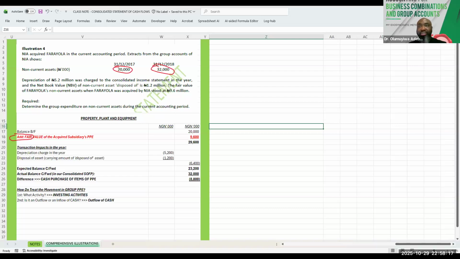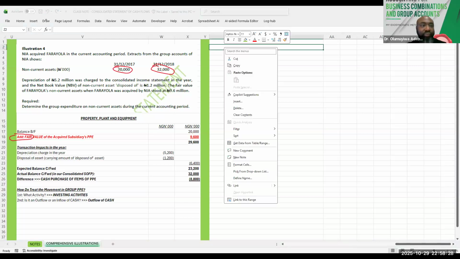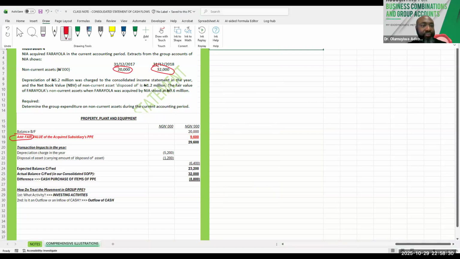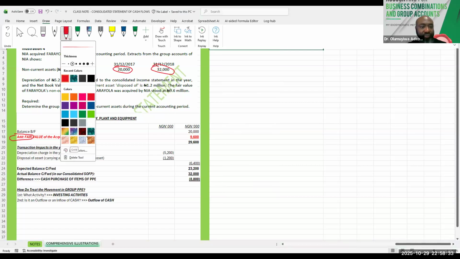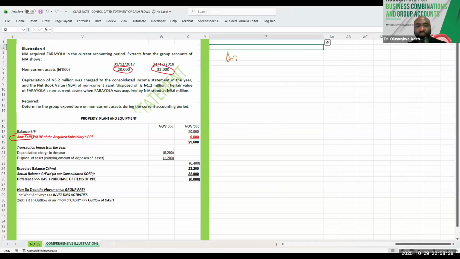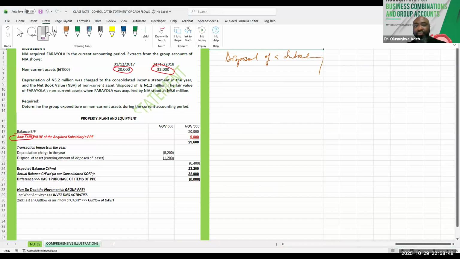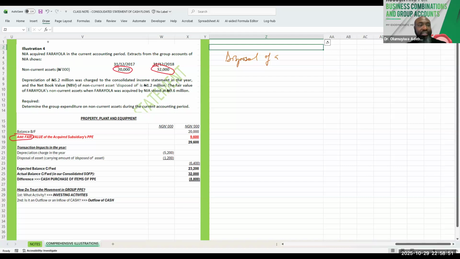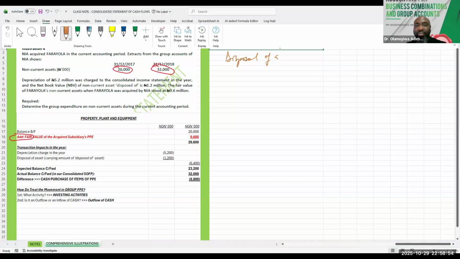We are going to do the same thing for disposal, which means when we have disposal of a subsidiary. What does that mean? It means that at the beginning of the year,